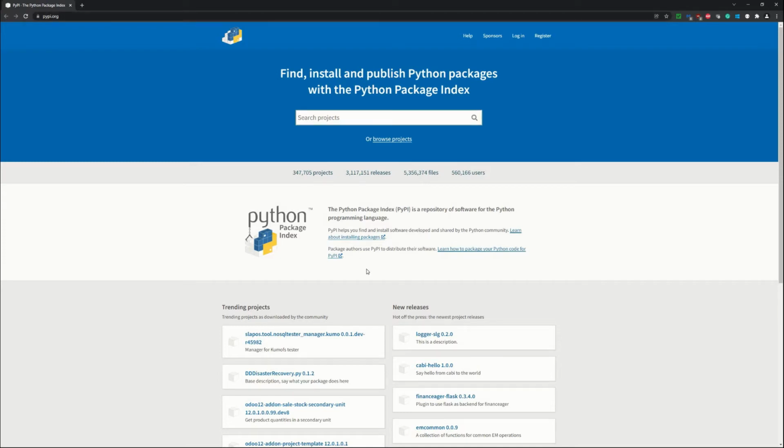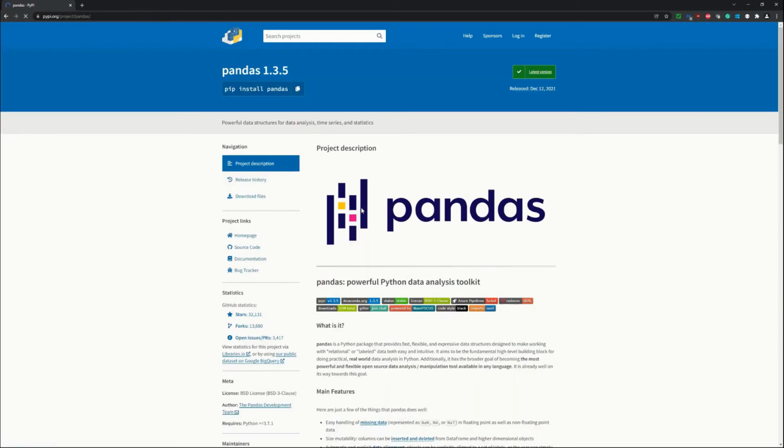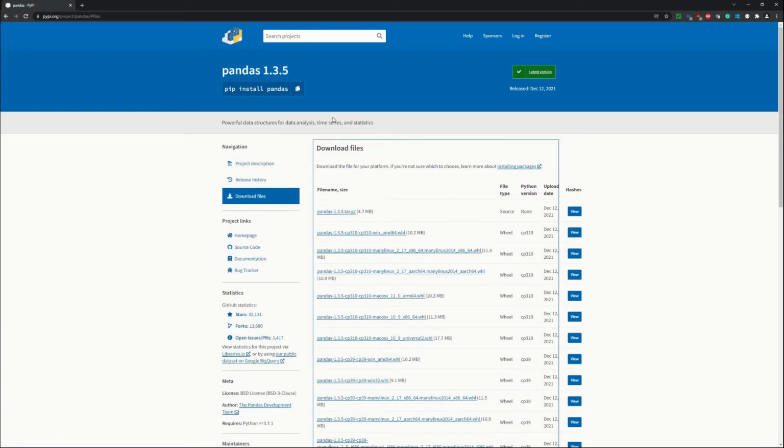In the search project box, just type pandas, and you see that the first one is pandas 2. We are not looking for pandas 2, so let's click on pandas 1.3.5. Here, click on download files on the left, and you see all those downloadable files, basically the libraries.